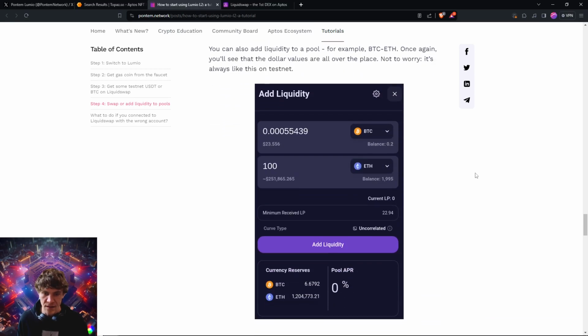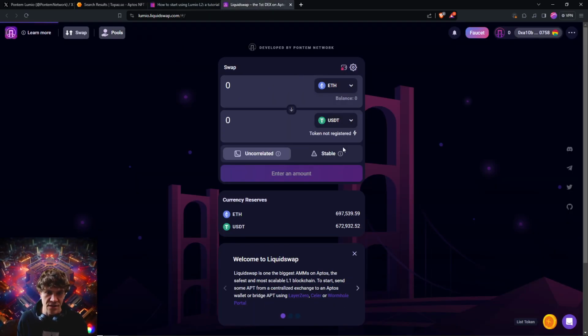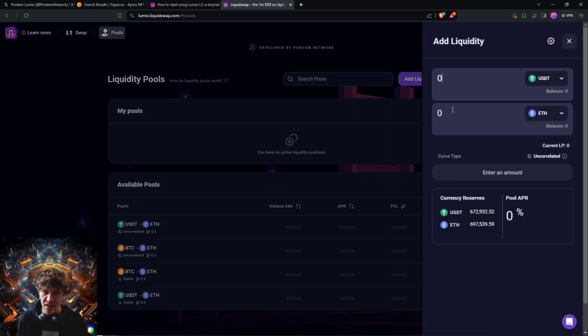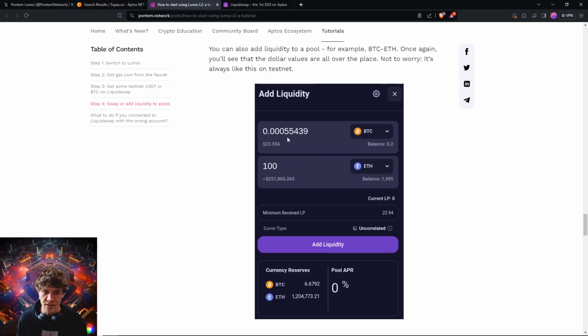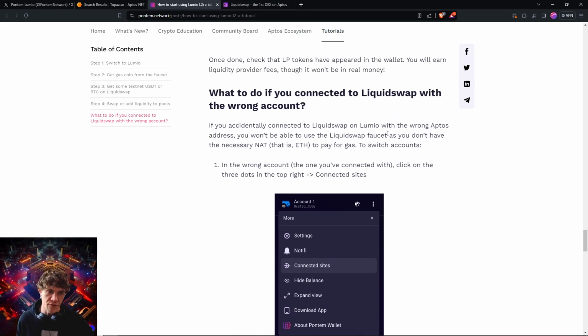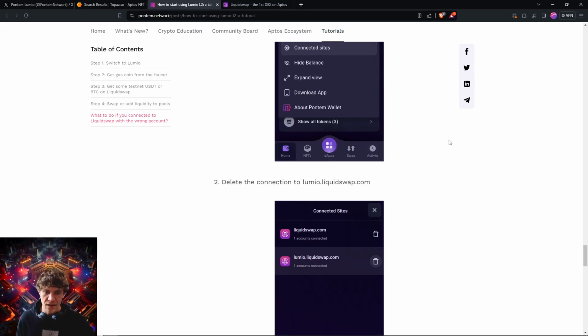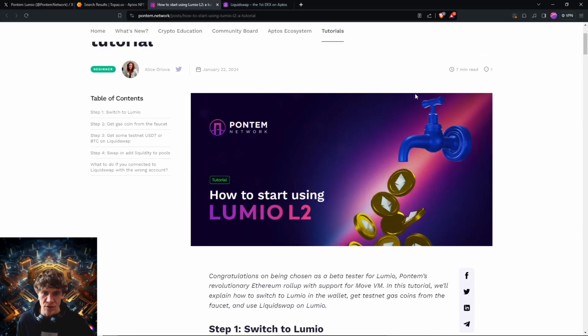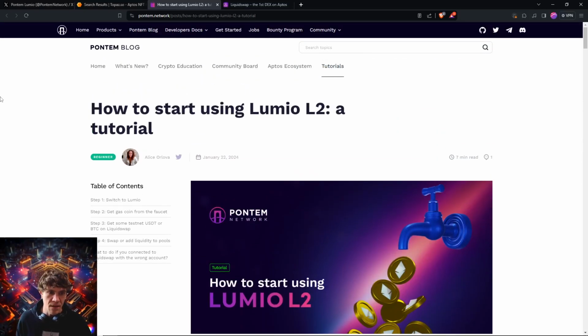Do your token swap, and then take those tokens and go over to the liquidity pool. You can do USDT ETH, and then put them in balanced proportions. So if you want to do $1 USDT, put $1 in Ethereum. And that way you don't have to use a lot of funds. So you put a little bit of Bitcoin, a little bit of ETH. And there's also if you connect the wrong account, but yeah, pretty simple. It's a good little testnet to interact with when you do get access,